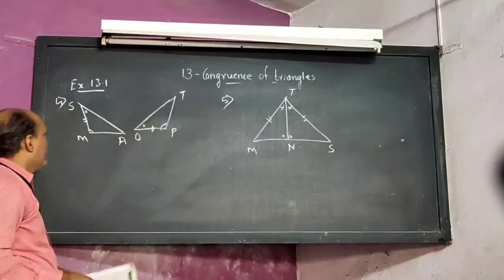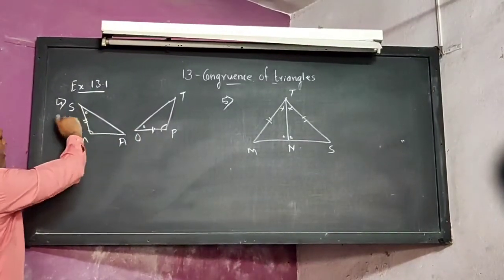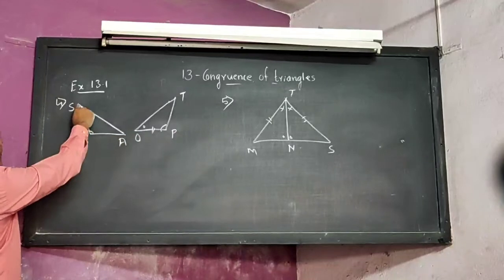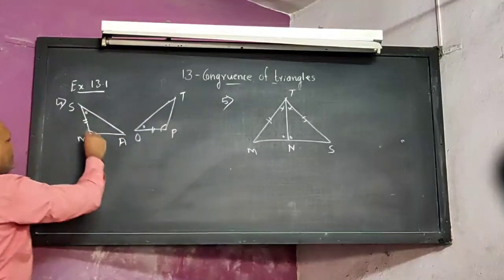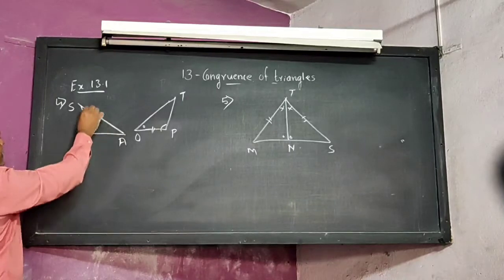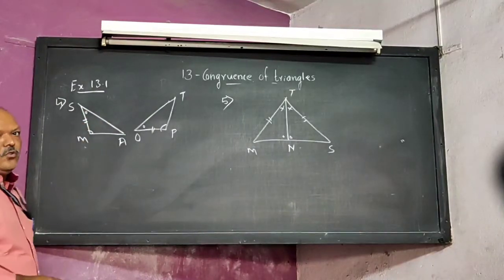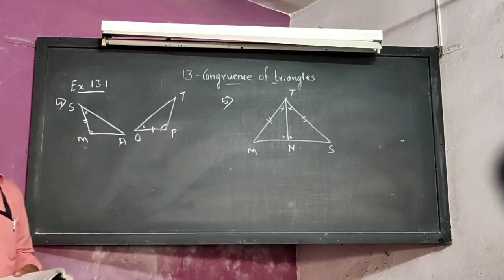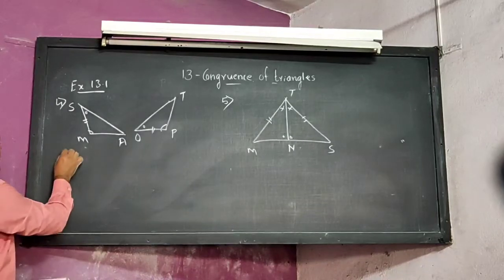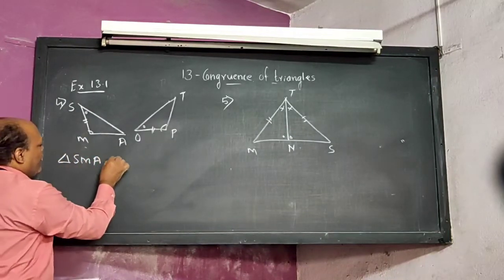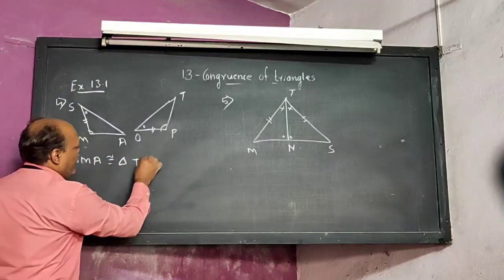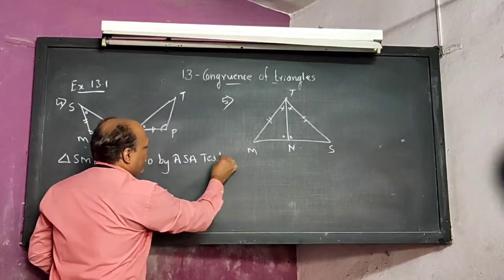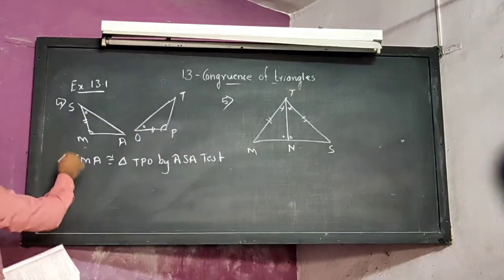Okay, sum number 4. We can see that angle S is congruent to angle O. Angle N is congruent to angle P. Similar marking is there. And SM is congruent to OP. That means angle side angle, where between the two angles one side is included. So we say that the triangles are congruent by the angle side angle, ASA test. Therefore, triangle SMA is congruent to triangle TPO by the ASA test. Now, when we write the one-to-one correspondence,